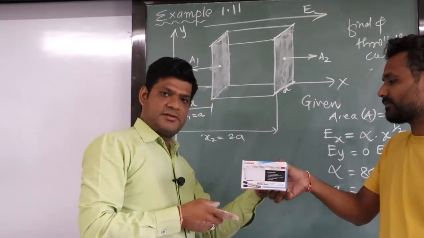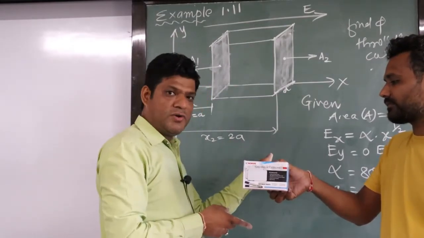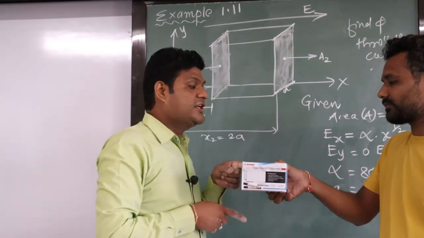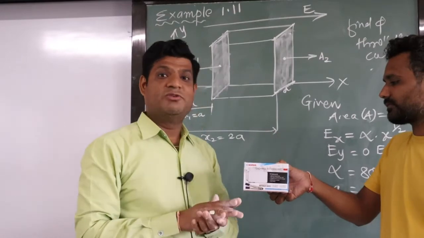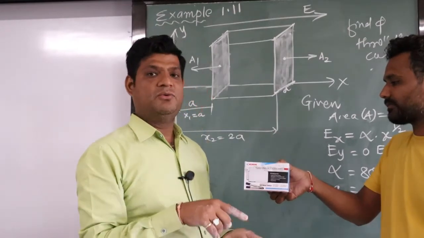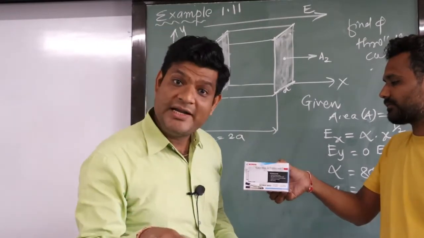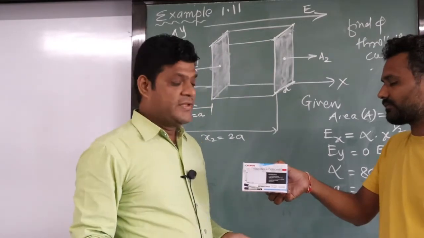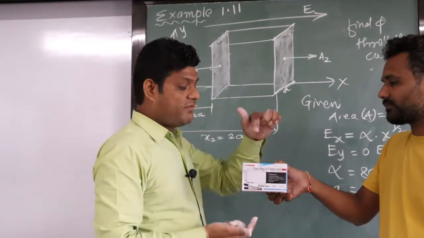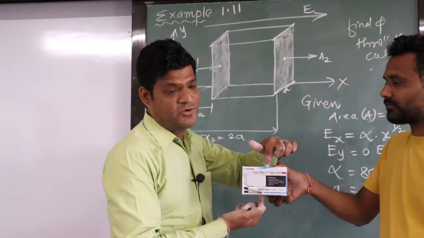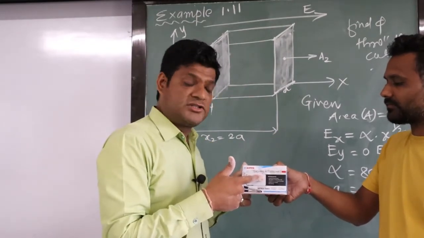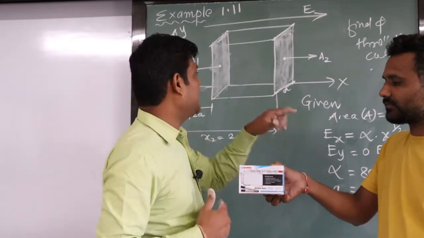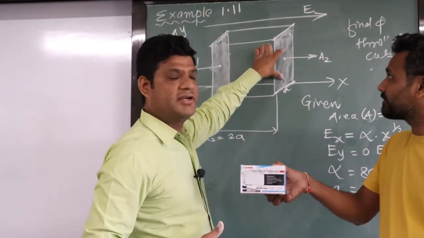Same for this, area vector pointing towards the board and electric field is pointing toward the sun. Again the angle is 90 degrees. So flux will be 0, flux phi equal to EA cos 90. Cos 90 becomes 0. So the flux linked through these faces becomes 0. Only the flux linked through these faces, that I have darkened over here, right?